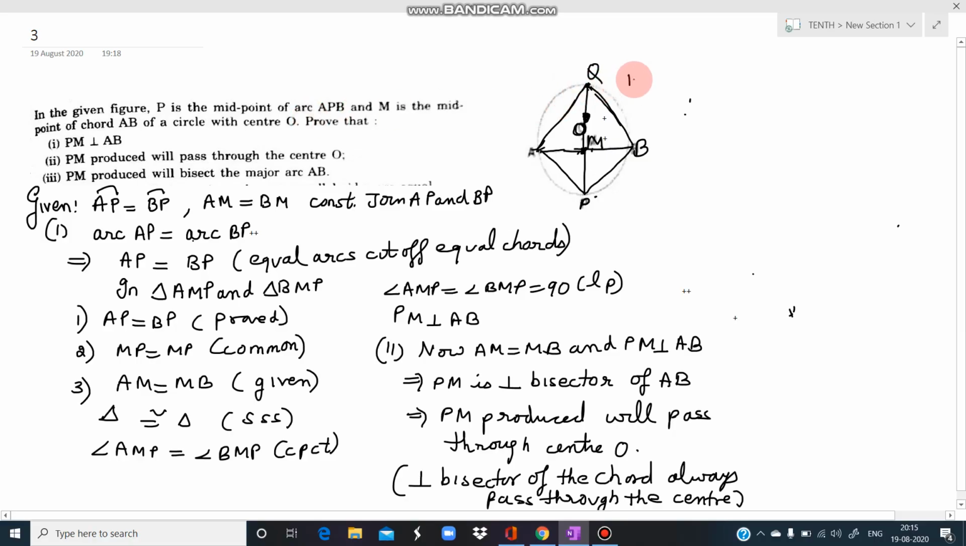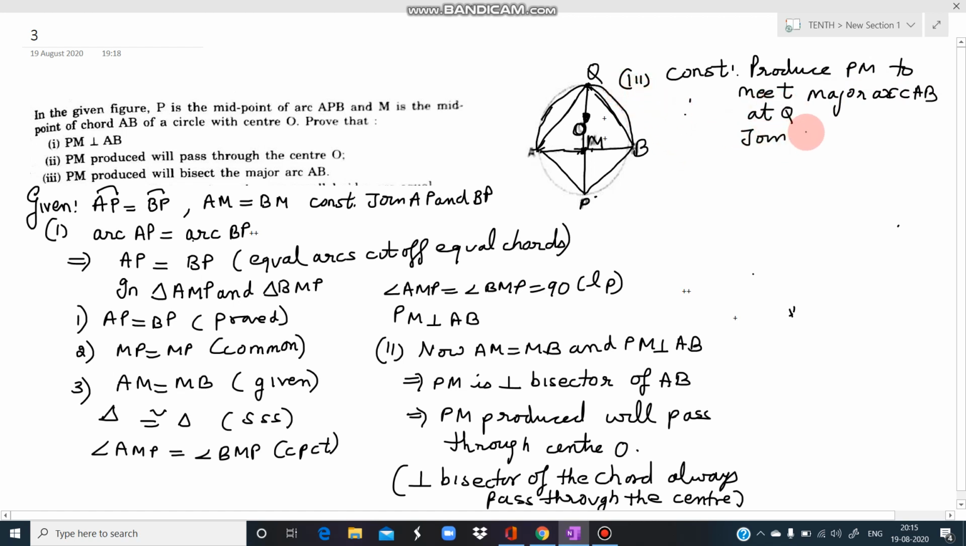Now students, in the third part it is written we have to prove that if I produce this PM then it will bisect the arc AB. ये जो major arc AB है, this is the major arc AB. तो अगर हम PM को produce करें तो ये arc AB को bisect कर देगा. तो इसमें हमने construction करते हैं, that is we produce this PM to meet the major arc AB at the point Q,